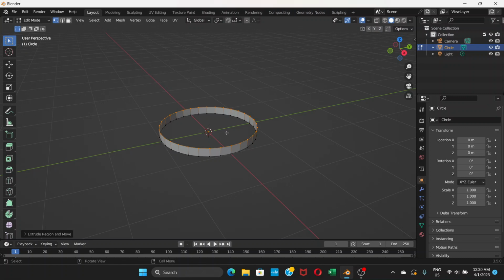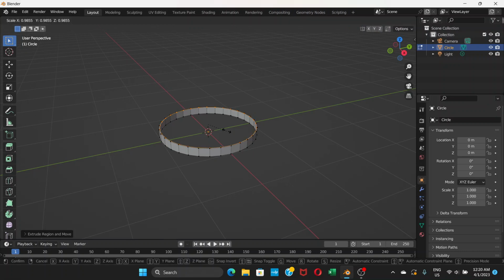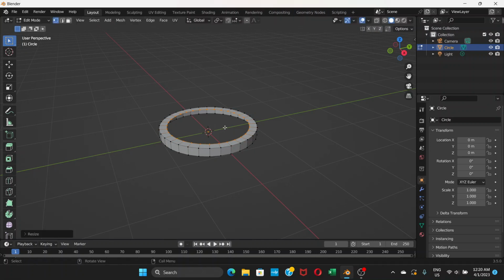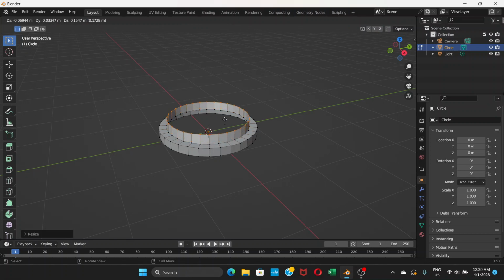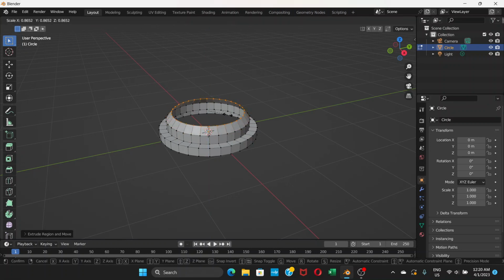We're gonna extrude again, but we won't move anywhere. And then click or press enter, and then we're gonna scale it down by pressing S. Okay, and then click, and then we're gonna extrude again. Okay, and then click, and then again extrude up, click, and then scale,